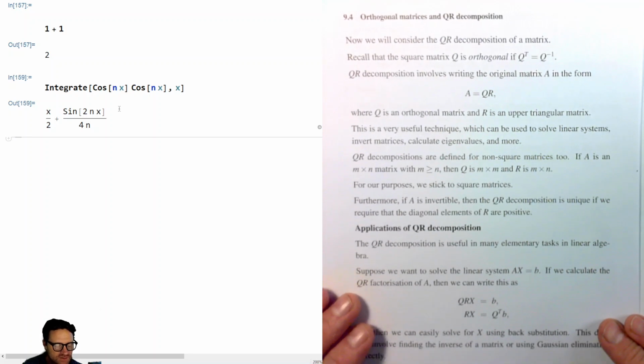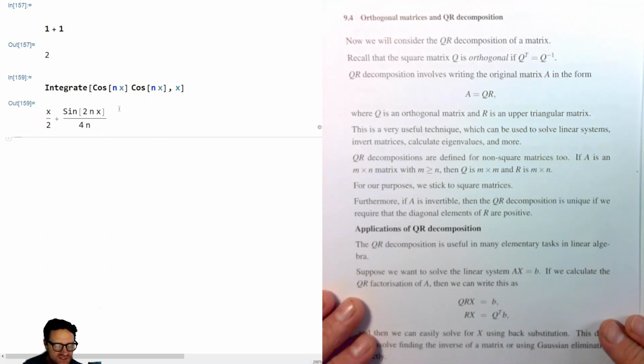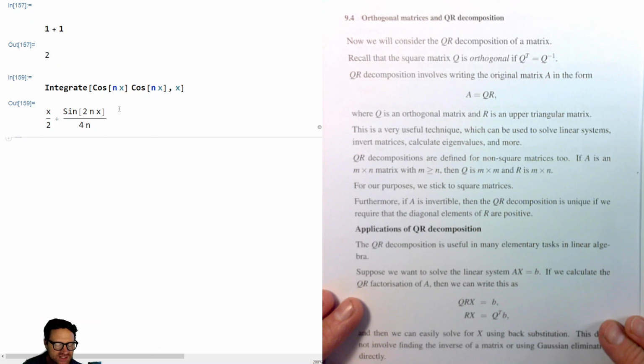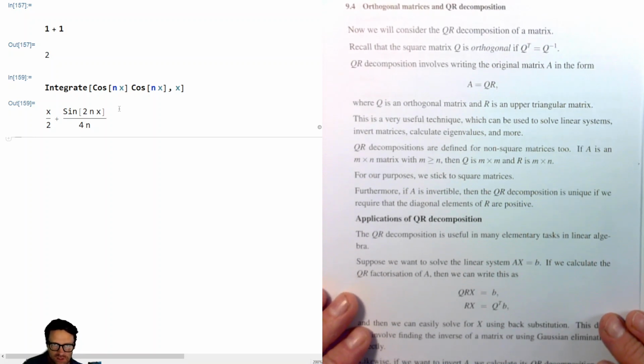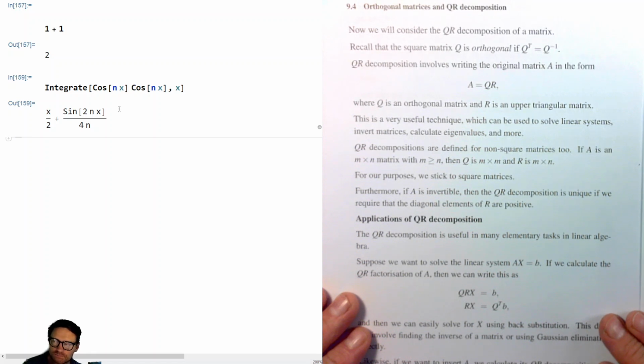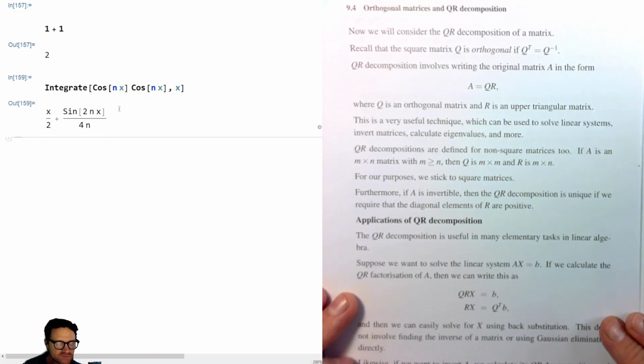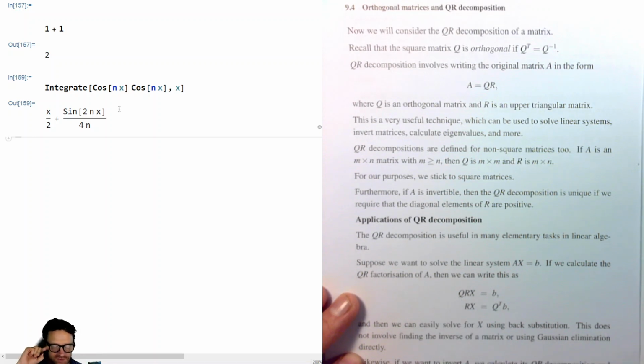Okay, applications of QR decomposition. The QR decomposition is useful in many elementary tasks in linear algebra. Suppose we want to solve the linear system AX equals B, and presumably it's somewhat large, so you wouldn't just do that with Gaussian elimination, for example. If we calculate the QR factorization of A, then we can write this as